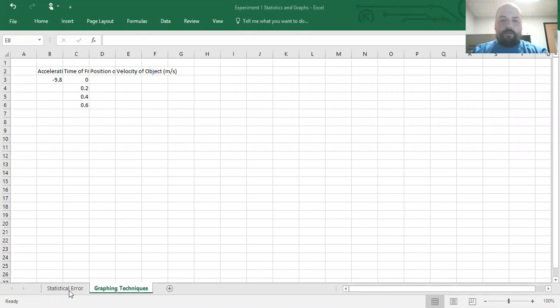Hopefully you finished the statistical error part of the last video, and now we're moving on to the graphical techniques and applying some of the things that we talked about in the statistical error part of Excel, namely generating our own functions that will eventually apply in generating a list of data that we will graph and manipulate the plot that we create in Excel to look reasonably well